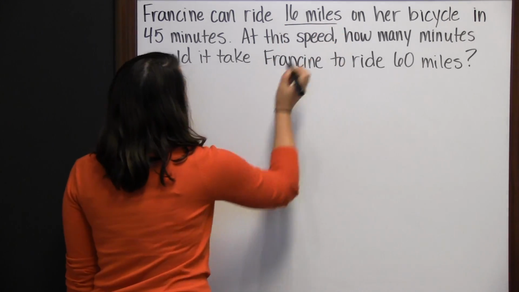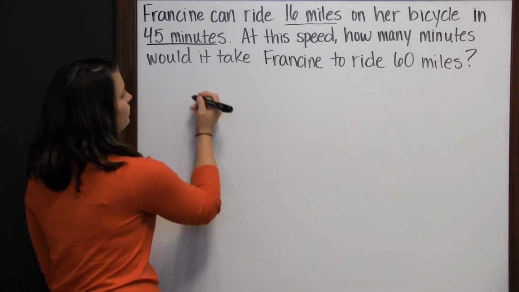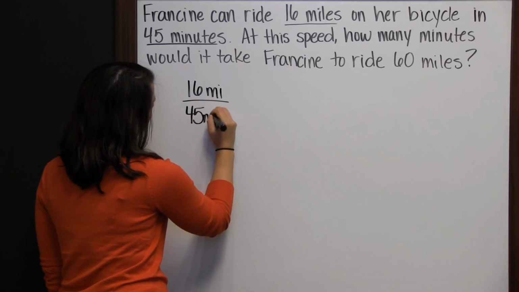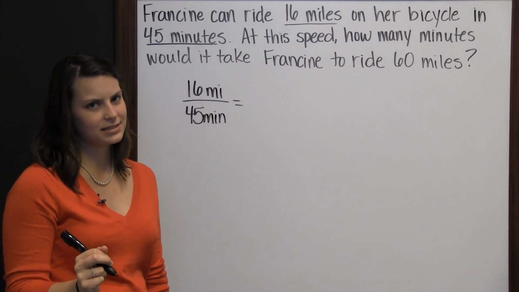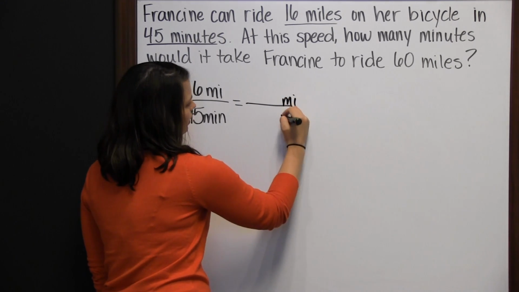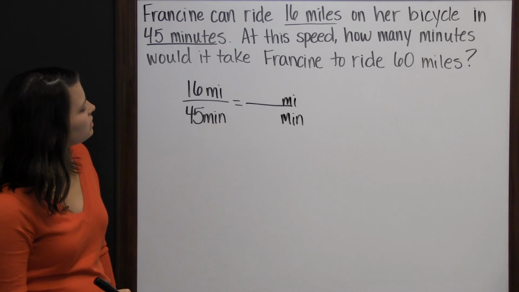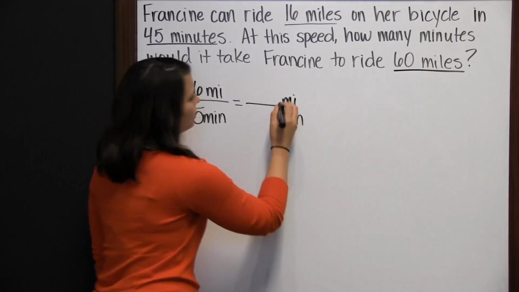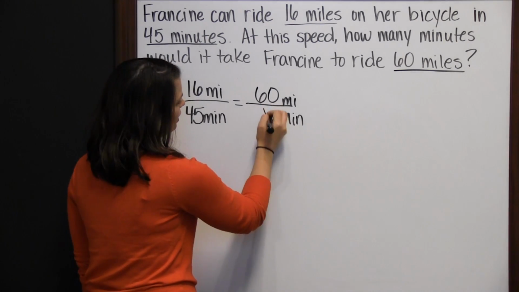First, I know that Francine can go 16 miles in 45 minutes. That's going to be my first ratio. So I have 16 miles in 45 minutes. And the key to setting up a successful proportion is to be consistent. So since our first ratio, we have miles to minutes, then our second ratio will also be miles to minutes. So they want to know how many minutes it would take Francine to ride 60 miles. So my miles is 60, and my minutes is what I'm trying to find, so that's where I'll put a